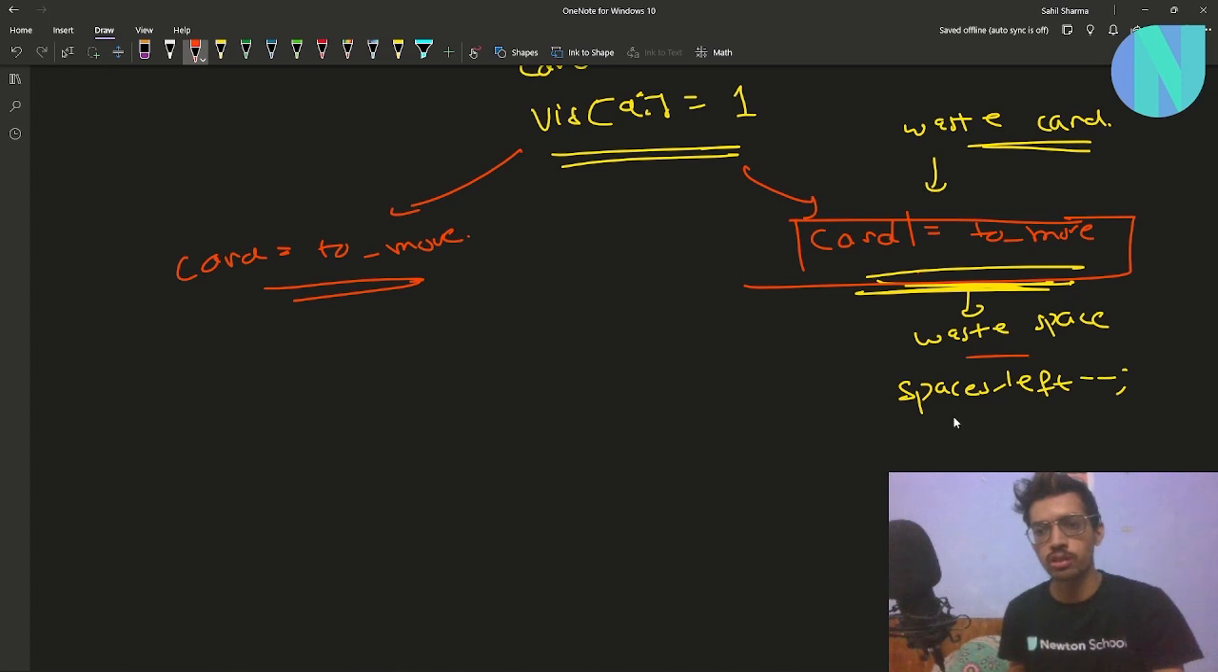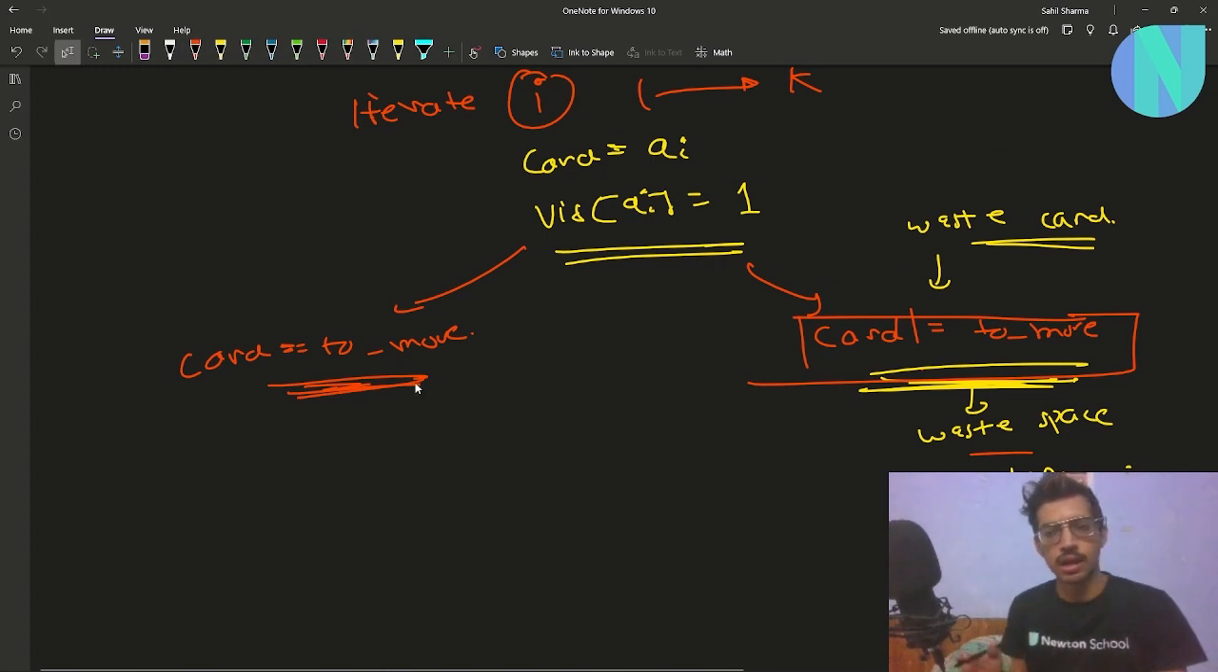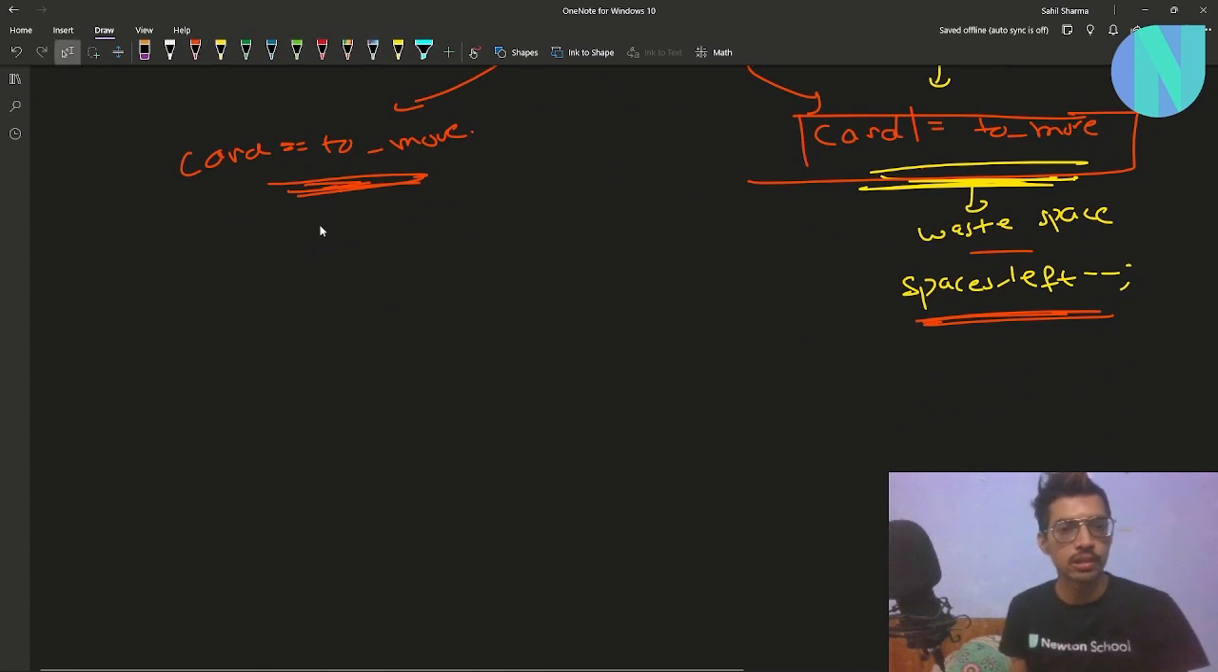So when you store it, it will eat one space, so you can do spaces left minus minus. And the second case is when it is the card that you want to move. If it is a card that you want to move, you will just check if there is enough space to move it. That is, if spaces left is greater than or equal to